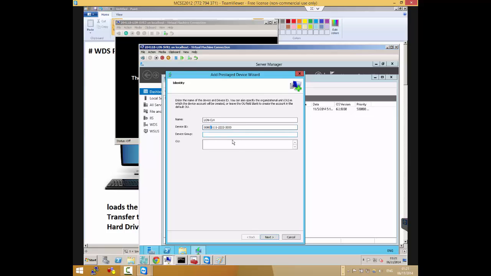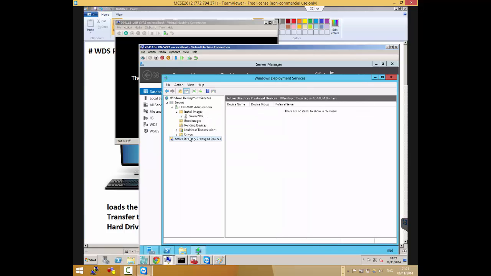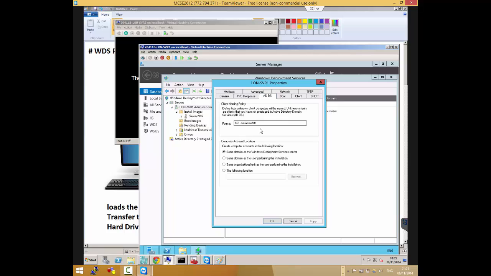So the one I wanted to show is that after you had the device here, what we can do is add a username and a password. We can add a user that can add this computer to the domain. That way we're delegating permission to the user to add computers to the domain. So it will use that user's username under this tab.